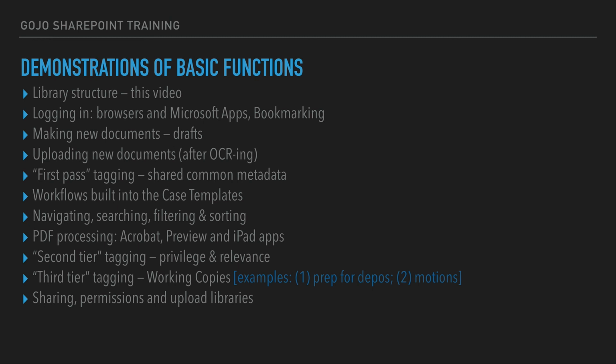upload library so that someone can quickly have a link that they click on and a browser window opens up that they can then drag and drop unlimited amounts of information into, and as soon as they do that, it's part of our server storage. We then move those records into the records library, but we would not actually move them. We would copy them into the records library